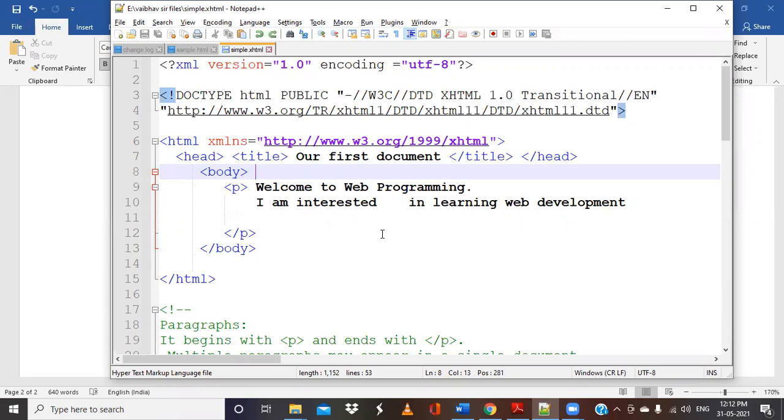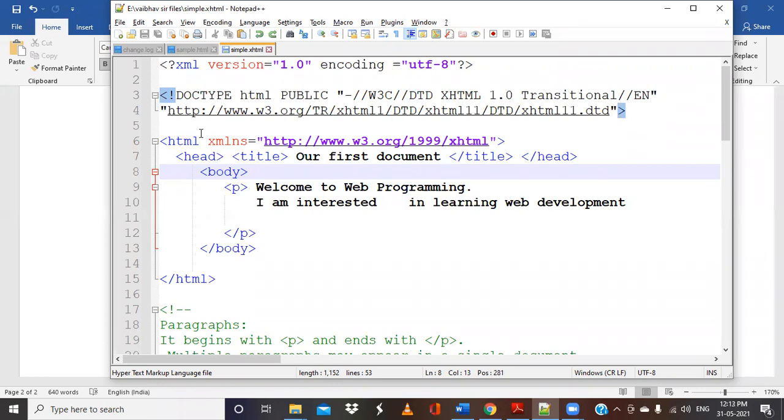So when you include that, what you are informing the compiler is that I'm going to use the functions that are defined in this particular thing. So similarly, this HTML xmlns, it is a namespace. Namespaces are nothing but they inform what all elements we can use.